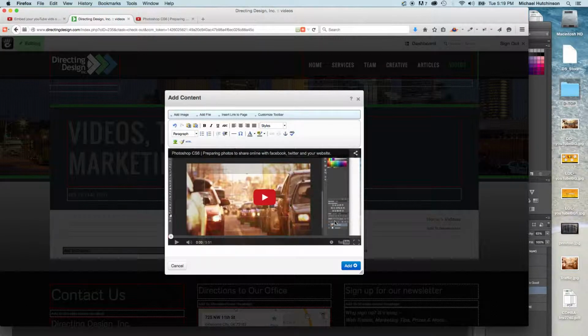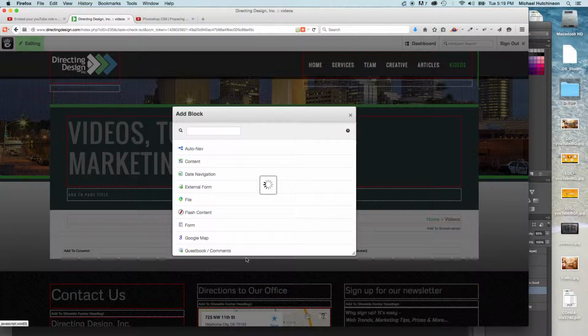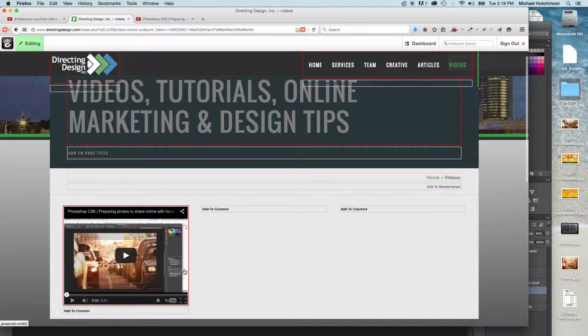It basically will now fit 100% of the width of any area that it's within. So if I go ahead and click Add, it now adds that to my page, and it's exactly 100% the width of the box that I pasted it into. Okay, with Concrete 5 there's a second way to do this, and that's actually using an HTML block, which